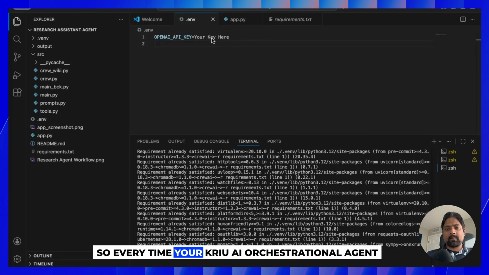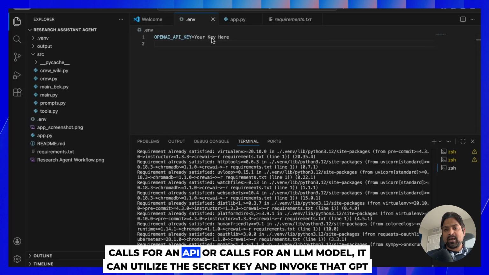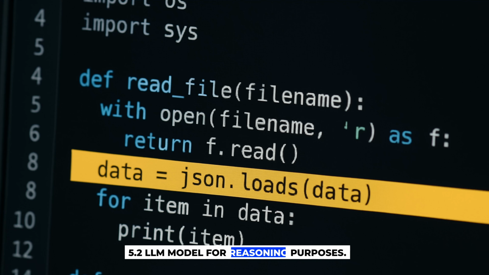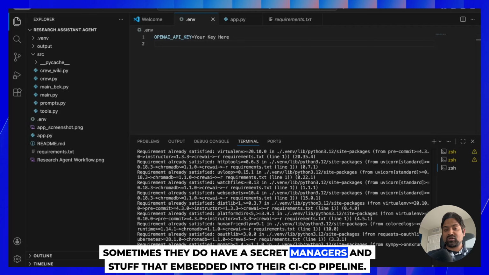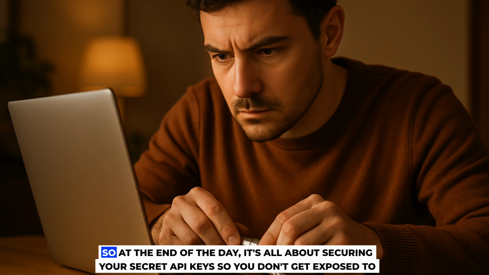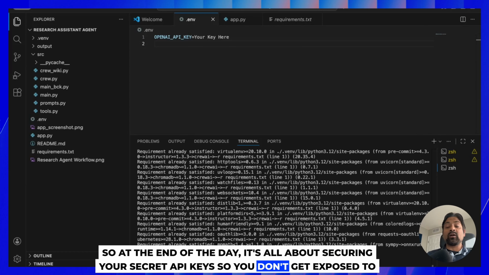So every time your CrewAI orchestration agent calls for an API or calls for an LLM model, you can utilize the secret key and invoke that GPT 5.2 LLM model for reasoning purposes. In the enterprise environment, actually, the secret key maps cleanly to some secret files. Sometimes they do have secret managers and such embedded into their CI/CD pipeline. So at the end of the day, it's all about securing your secret API key so you don't get exposed